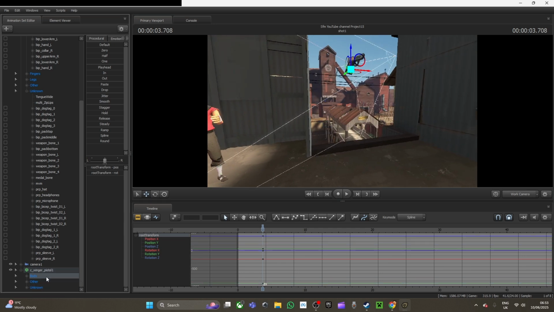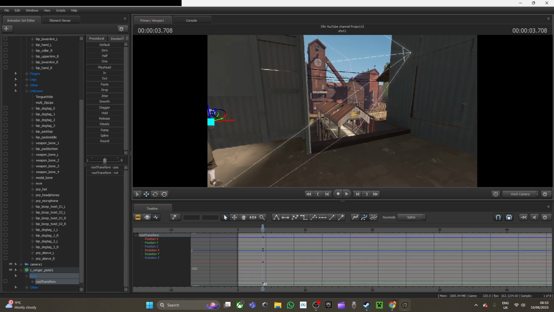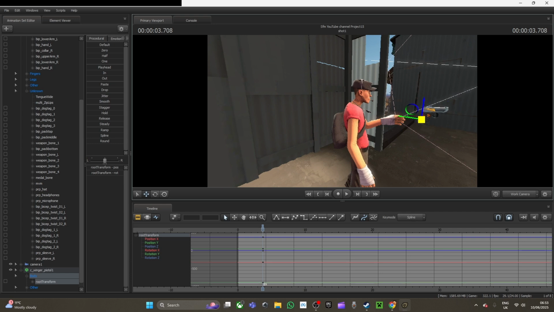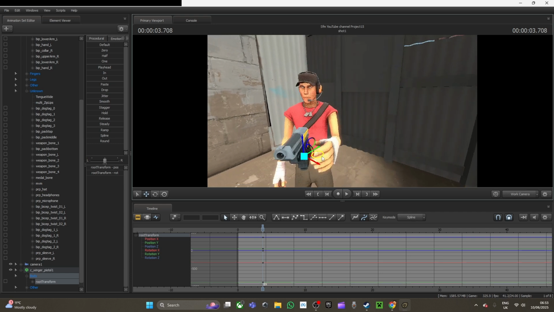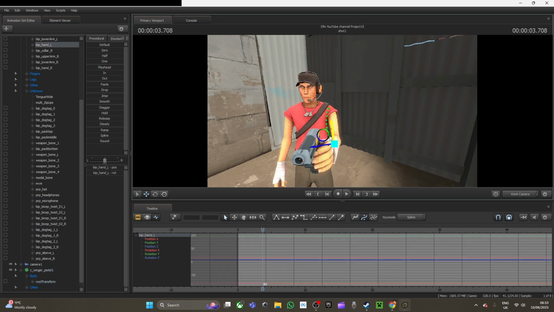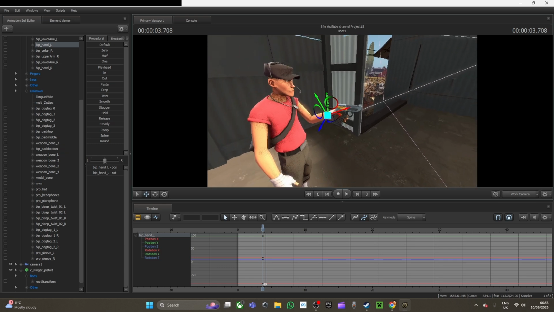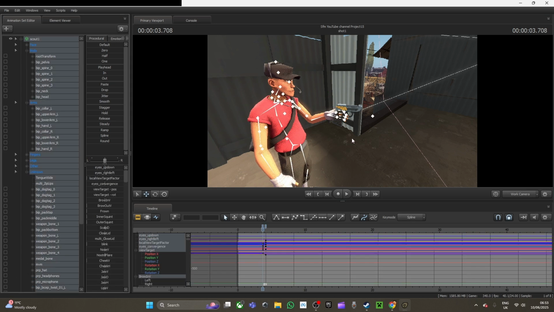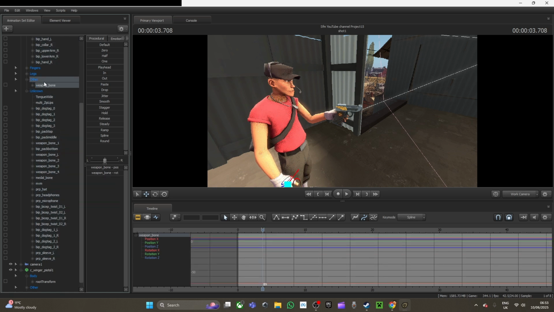I've done it accidentally on the bone. If we just try and put it in Scout's hand, as you can see, if I try and move Scout's hand around once it's in, it won't actually go with Scout's hand, it's stuck in one position. So, to put it in Scout's hand, you want to first click on Scout by just going here. Then you want to try and look in Other for his gun